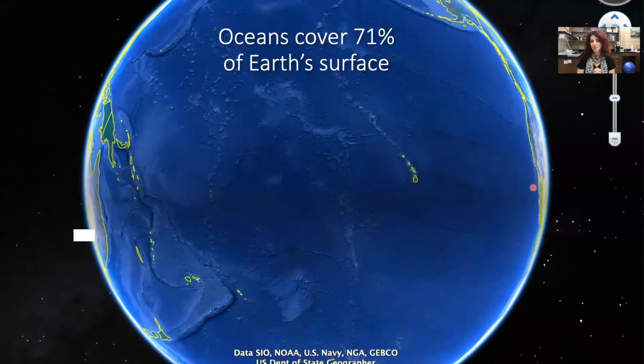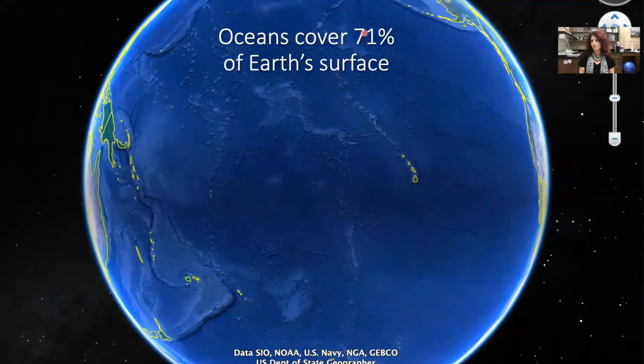So this is probably my favorite picture of the Earth. As you'll notice, it is nearly entirely ocean. That is to communicate the point that oceans cover over 70% of Earth's surface. Most of the time when we pull up a globe, it's very North American centric. You've got North America in the middle and oceans on the left or the right. But if you just spin that globe a little bit, you'll be really impressed with the vast amount of ocean